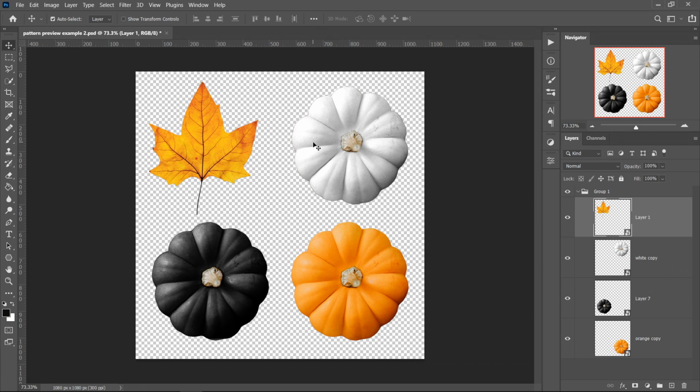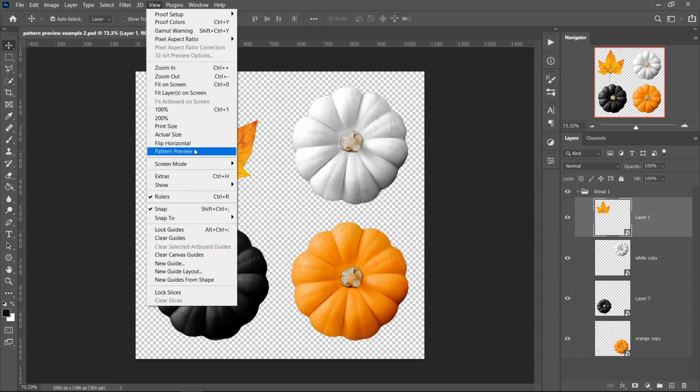So here's a little shortcut on how to create patterns. Now, if you've got yourself the latest version of Photoshop, there is a neat little feature that allows you to preview it before you even create it. Just go to View, and then in here, you'll see Pattern Preview. So just make sure you have your Photoshop up to date, and if you do, then you will see it